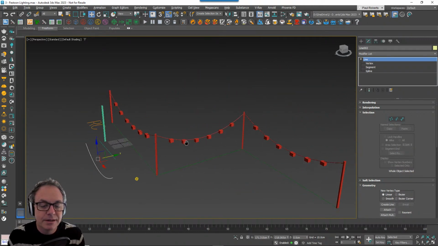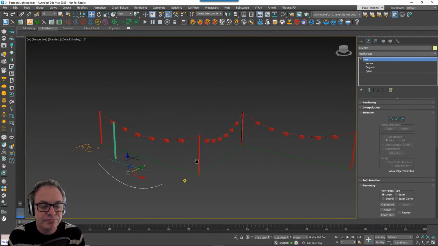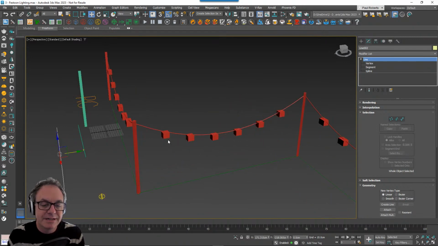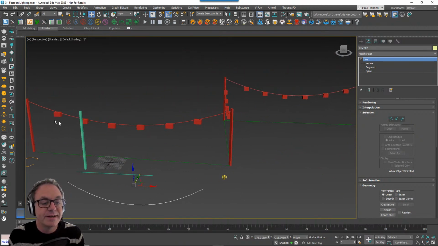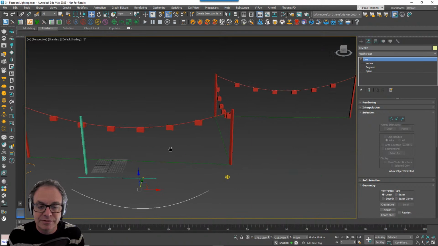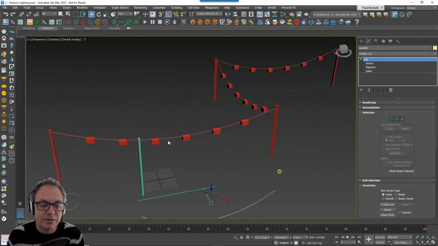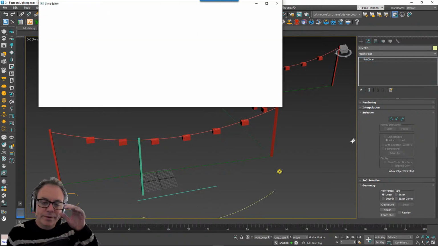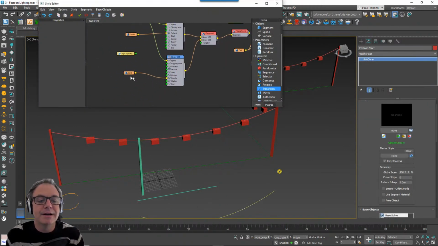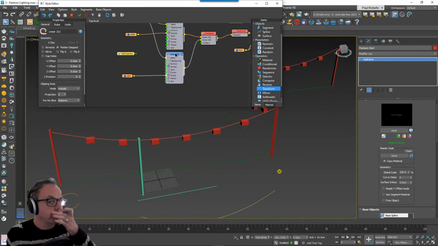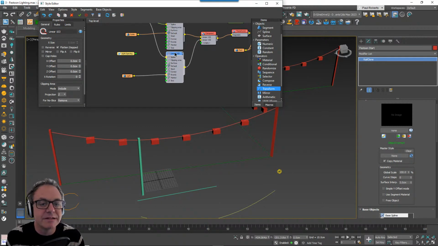The number of lights should probably increase for the longer sections than the shorter ones. So you can see here I've got 1, 2, 3, 4, 5, 6, and that's a short section. And here I've also got 6. I might expect to see more of those there. So we need to do something else to make that work. And what we can do is start to determine that evenly distance procedurally, using a bit of arithmetic, a bit of an expression basically.